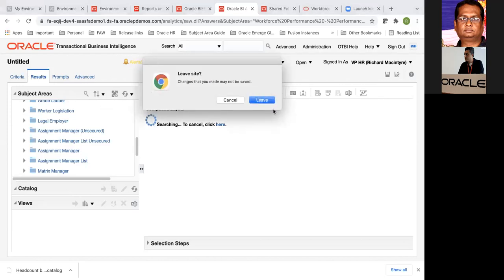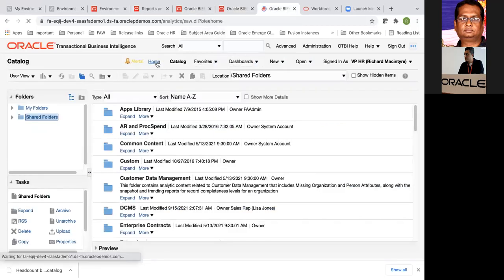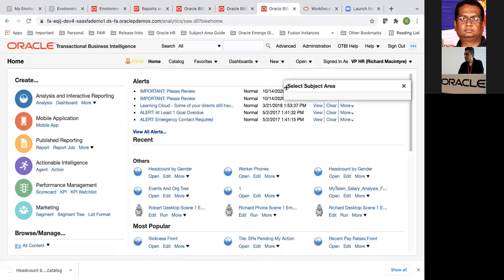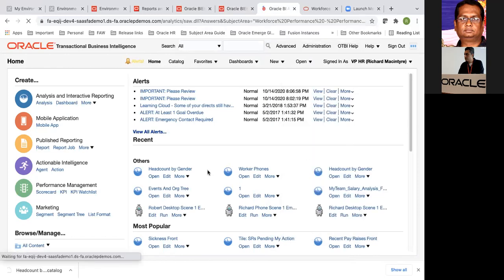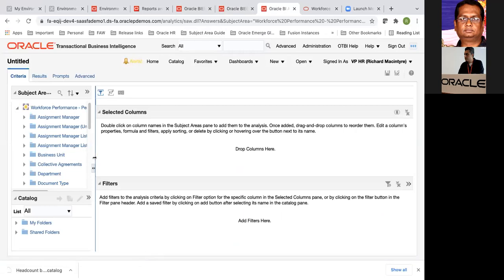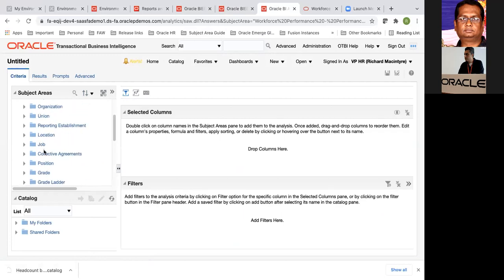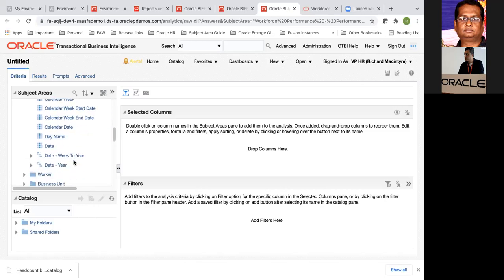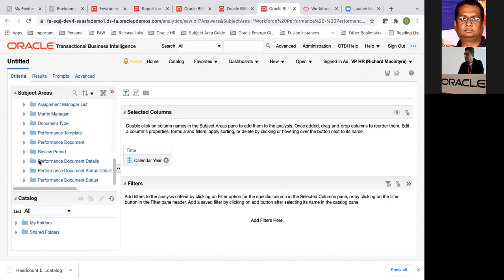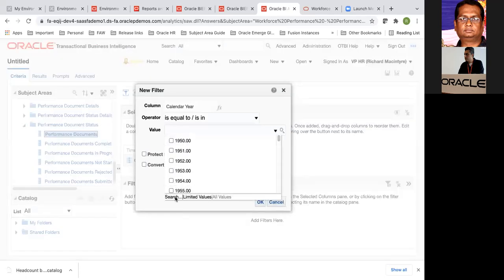Let me recreate it sometimes. Performance documents by year, and I'll say, you can search here.